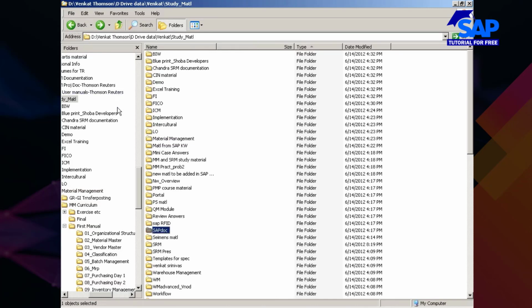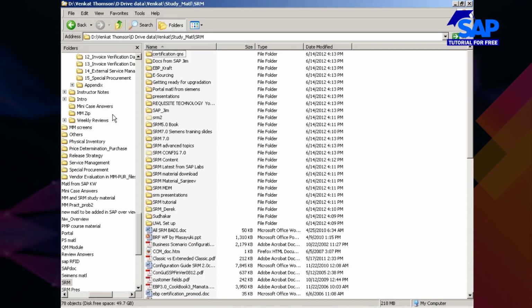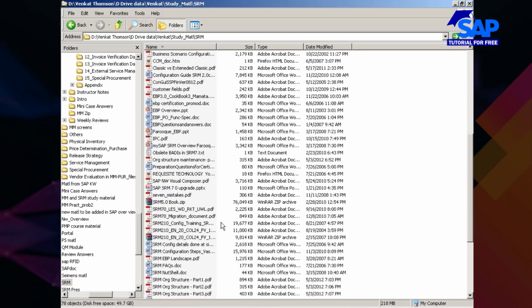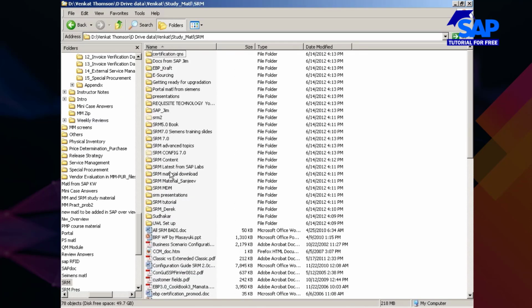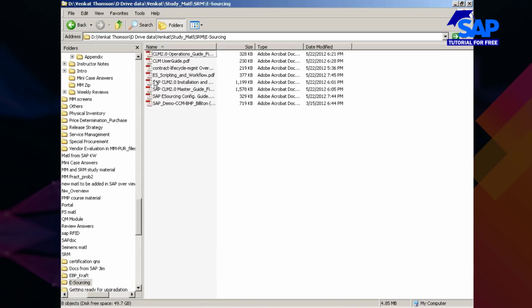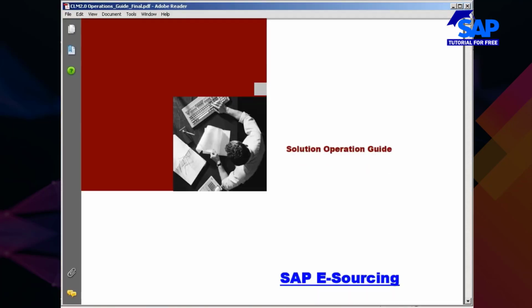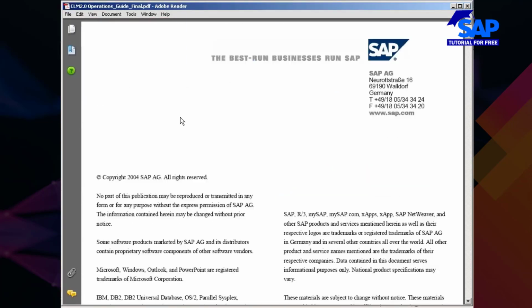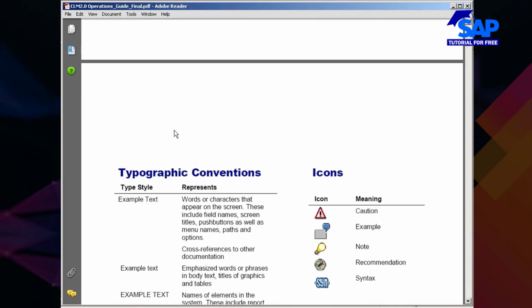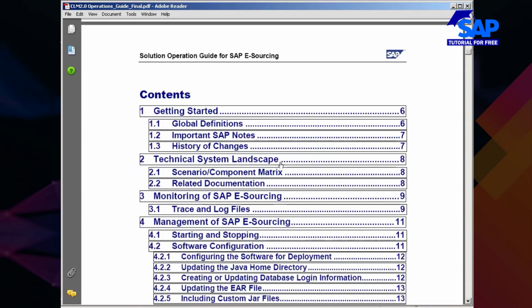I should be having some configuration manuals. Something like this. If I open this, you see here, chapter 1 is getting started. 1.1, what is 1.1?